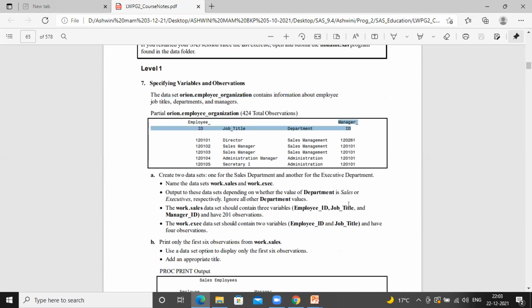Create two datasets, one for the sales department, another for the executive department. Name the datasets sales and executive. Output to these datasets depending on whether the value of department is sales or executive.